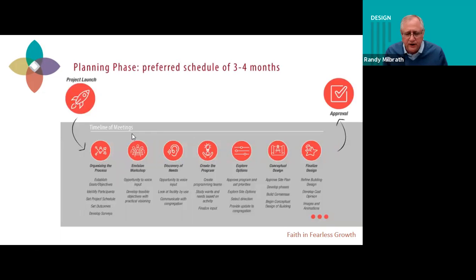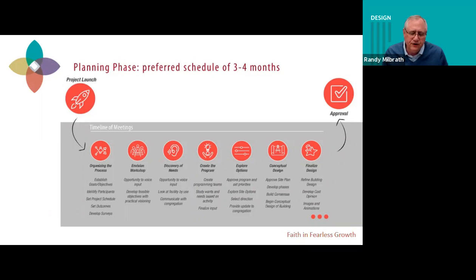So Dennis, if you take me to the next slide. Another way of looking at this, and I realize the text is a little bit small on the screen, but that planning phase usually takes about 3 to 4 months. There might be 5 or 6 different work sessions. I've outlined here that once you start working with the architect, we would want to organize who all would be involved, just as Jennifer talked about. There's a right amount of people that will help the process move quickly. So we need to determine that.